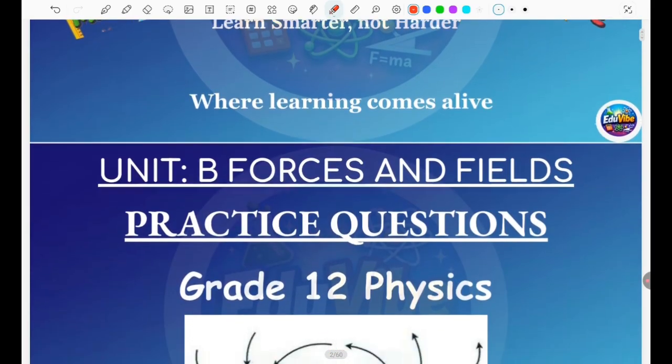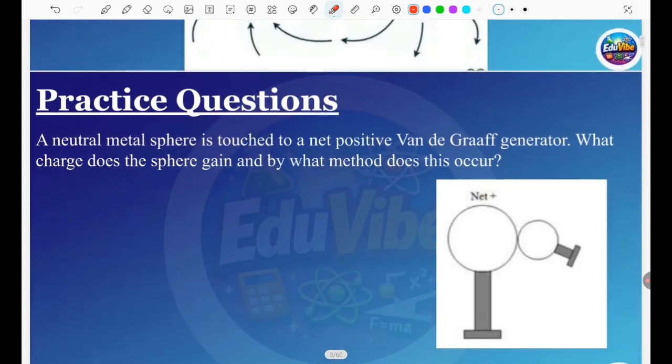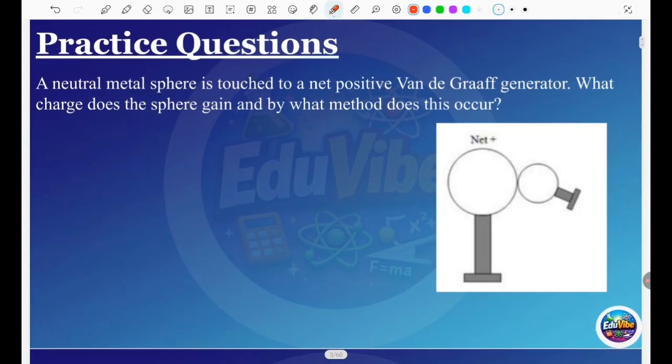Today we will start with the practice questions of the part which we covered in last lessons. So today we'll do some practice questions including electrical interactions, electrostatic force, Coulomb's law and vector analysis. So let's start with this practice question. First practice question is: